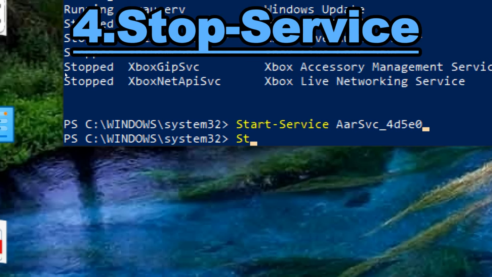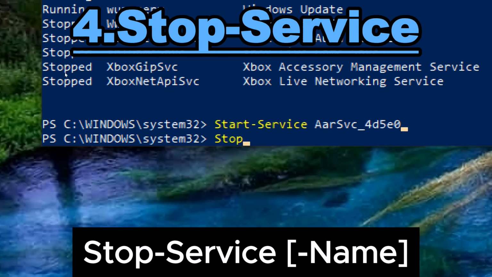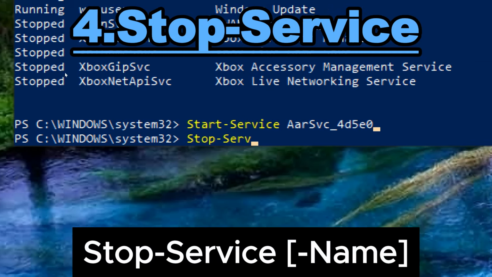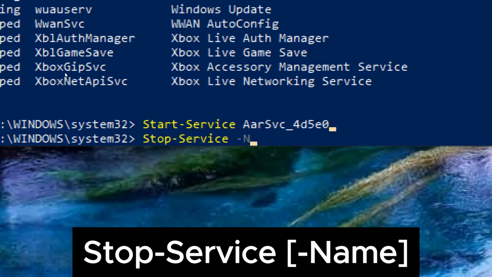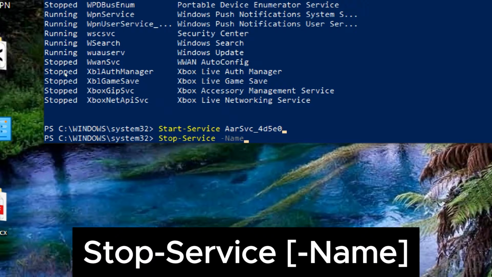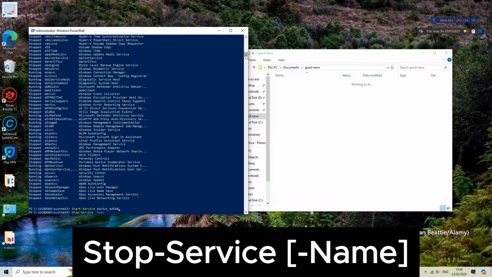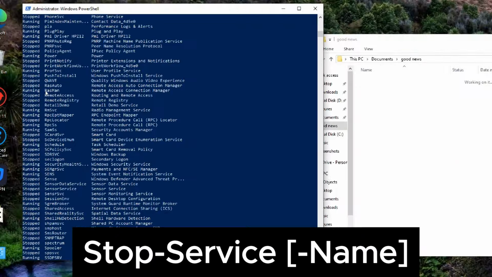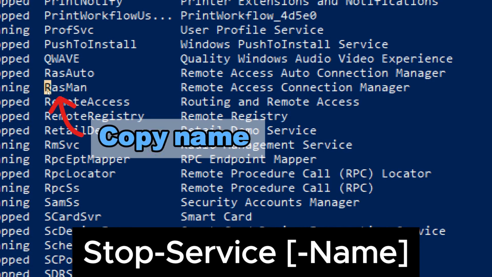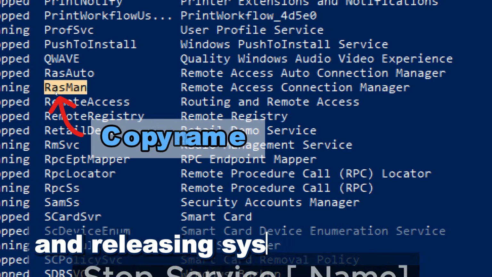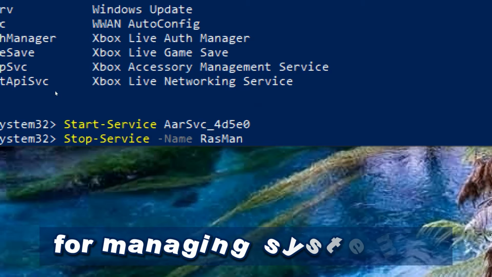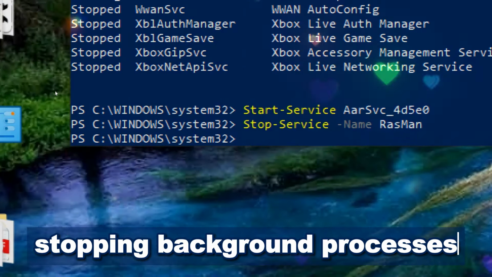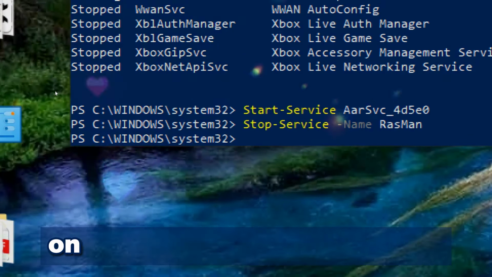Stop-Service. How to use Stop-Service: Stop-Service -Name. Replace name with the names of the services to be stopped. The Stop-Service cmdlet in PowerShell is used to stop one or more services running on a local or remote computer. It allows you to halt the execution of services that are currently running, thereby terminating their processes and releasing system resources. This cmdlet is particularly useful for managing system services, stopping background processes, and performing maintenance tasks on service-based